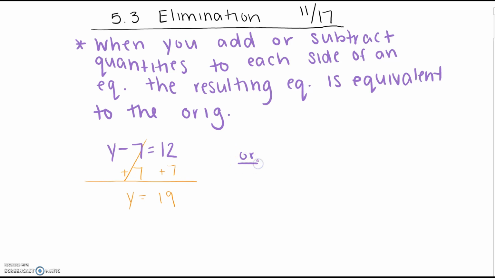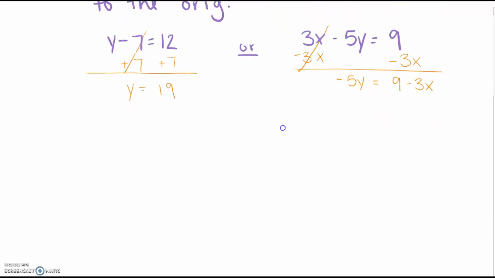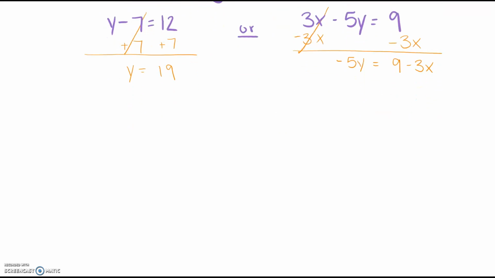if I gave you 3x minus 5y equals 9 and said start solving for y, you would hopefully tell me the first step is to subtract 3x. And we are subtracting 3x so we can eliminate 3x. And we're left with negative 5y equals 9 minus 3x. Okay, so we can generalize this